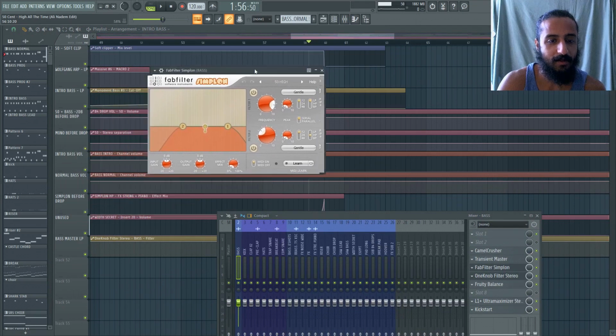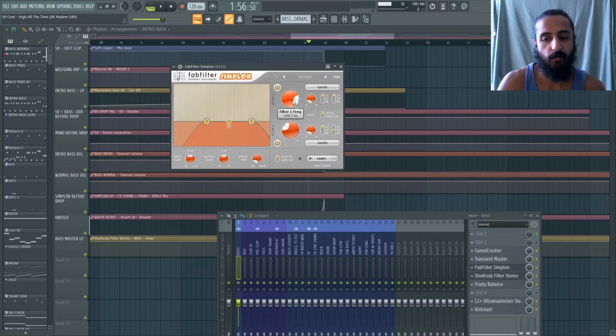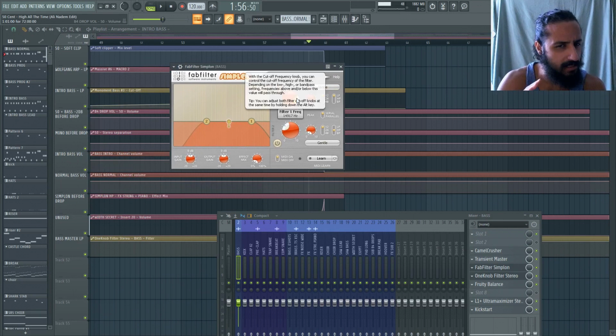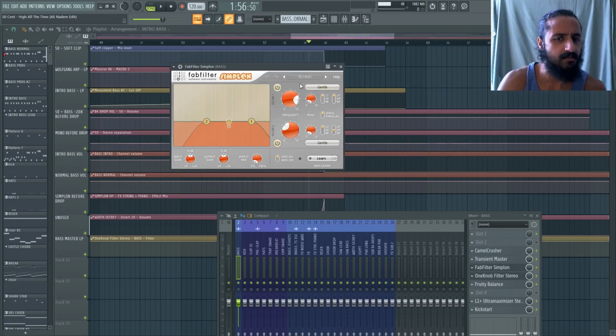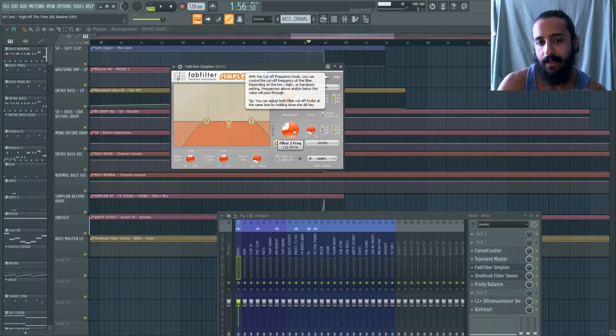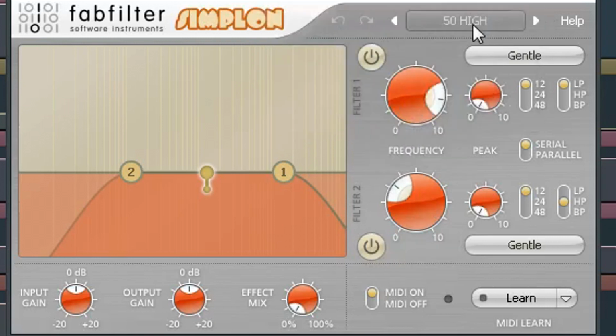It's in the name, Simplon. And what I did was I actually went in Pro-Q 3 and I found the frequency for A sharp 10, I believe, or maybe A sharp 9. You don't have to do this, but I love doing that. And it happened to be 14,917. A sharp is the key of the track, A sharp minor. And the bass note also, I think A sharp 2 was 116, maybe A sharp 3, A sharp 2. And so I set those values and I saved a preset called 50 high, and it's very gentle, 12 dB,